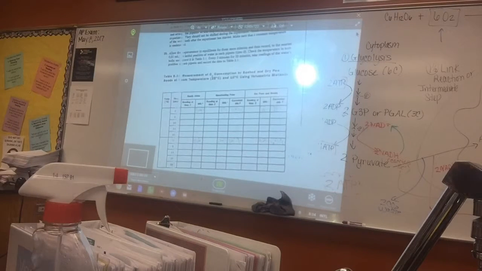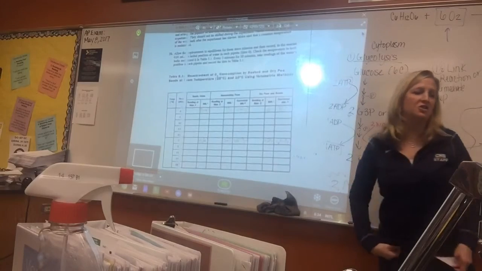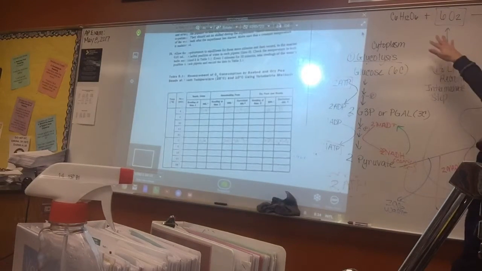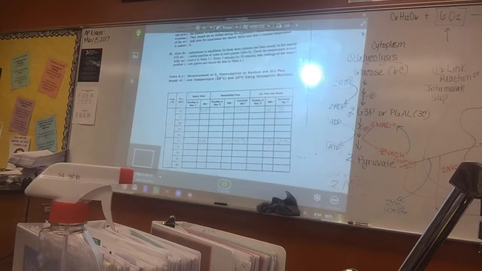All right, how to use the beads to really get the true milliliters of oxygen that the seeds took in, so we can figure out the rate at which that happens. So let's just go, I'm going to go through this as an example. This example lab